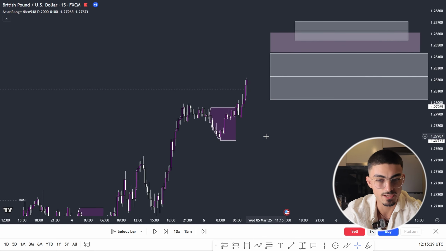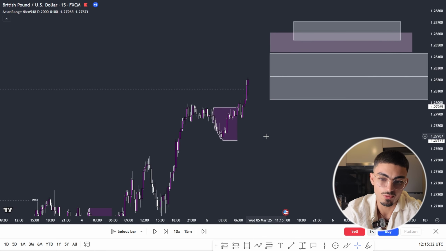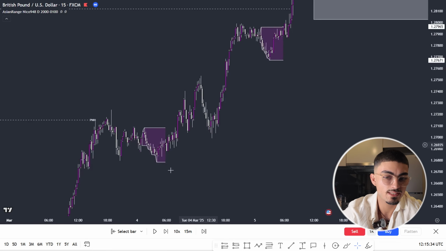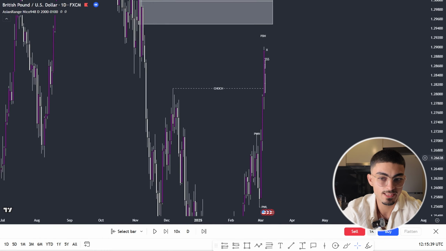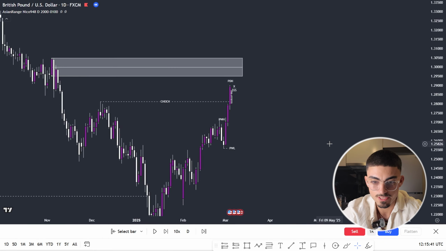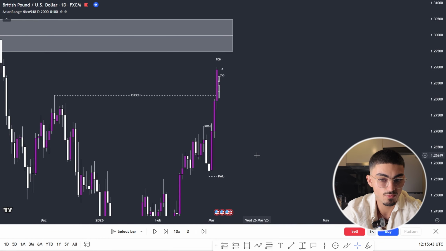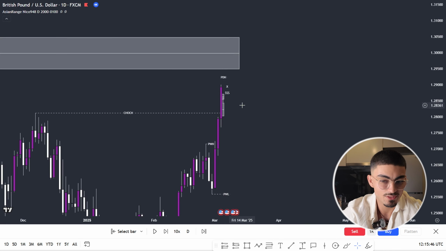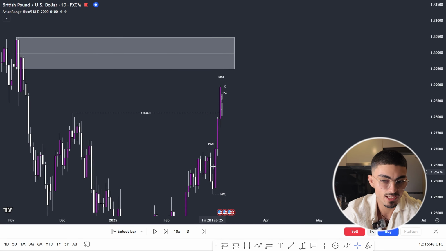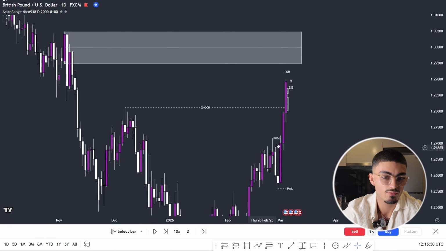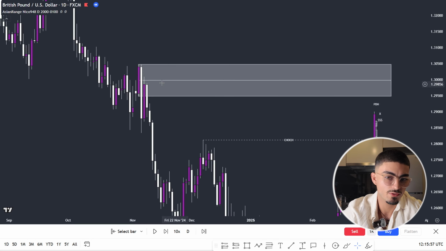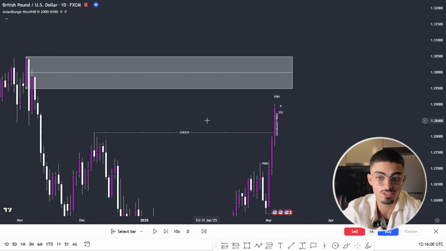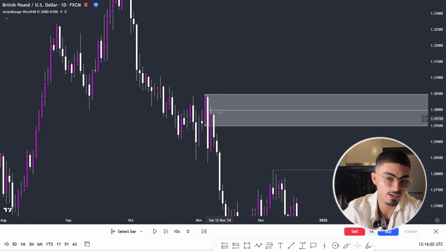Now, yet again, am I looking for sells? No, because you can clearly see the market is clearly trending higher. You always need to zoom out, look at the daily time frame, and you can literally see, even though I was looking for sells at the start of the week, they no longer make sense at all, because we are clearly pushing higher with massive buying volume, taking out these highs and closing above these highs. And this here is actually a weekly change of character. Then I drew out this supply zone here because it made sense that if we're going to continue to push higher, we can probably target this supply zone.